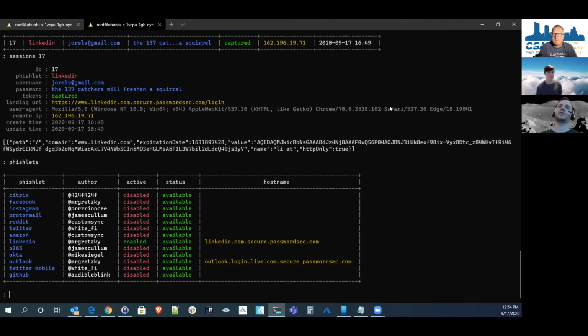I think that's another reason: even when we've had the ability to do this on a lot of websites for years, no one really uses security keys. Well, I shouldn't say no one. I'm sure there's a bunch of nerds watching this, and you're like, I've been using these forever. Well, so have I, I understand, but that's the reason I'm trying to do this: to educate. I'm not trying to show you how to hijack your significant other's accounts or your ex's or whatever,